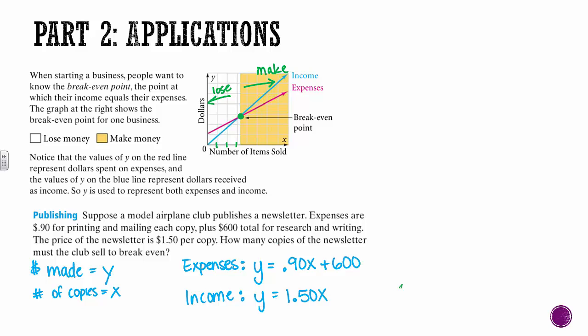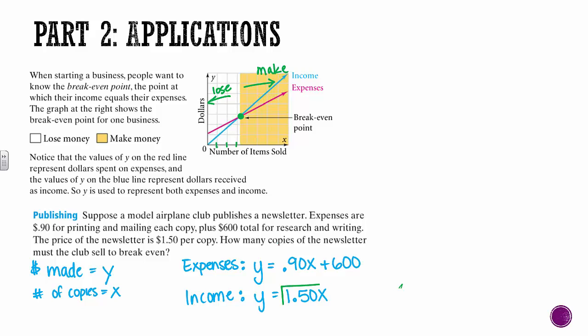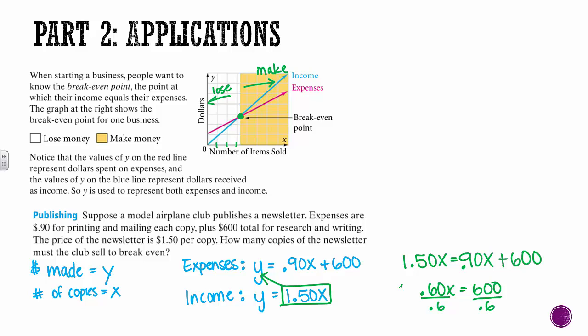So we want to figure out when we break even. So this is a nice easy substitution problem. We can plug this in. So we end up with 1.50x equals 0.90x plus 600. If we subtract 90 cents from each side, we get 60 cents. And if we divide both sides by 0.6, we end up with x having to be 1,000. So this means we need to sell 1,000 newsletters